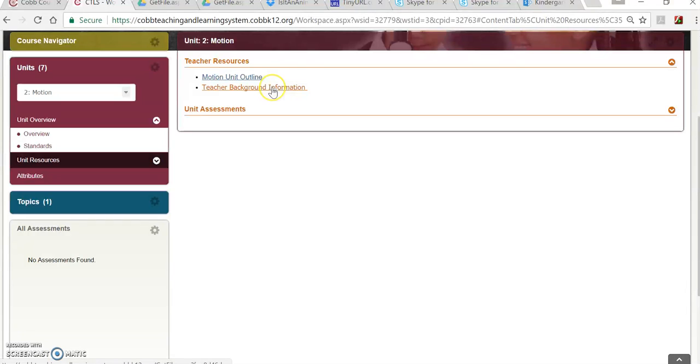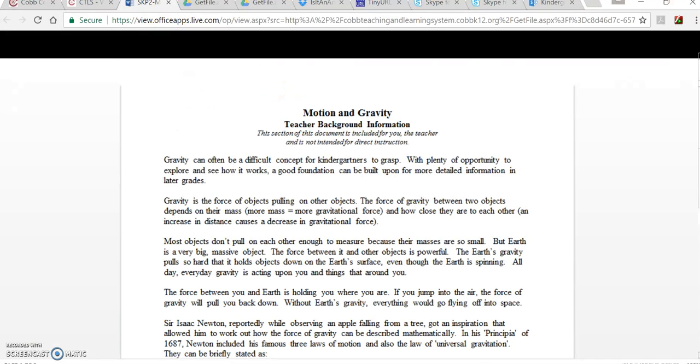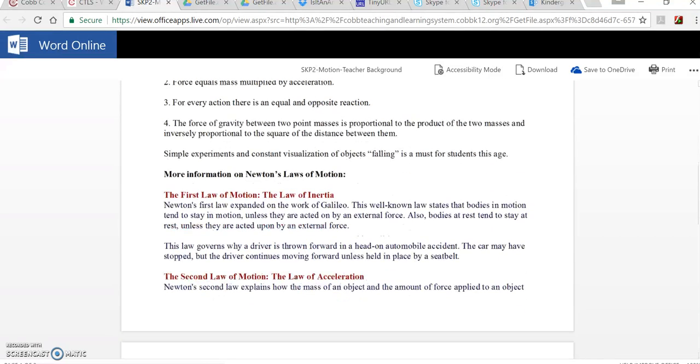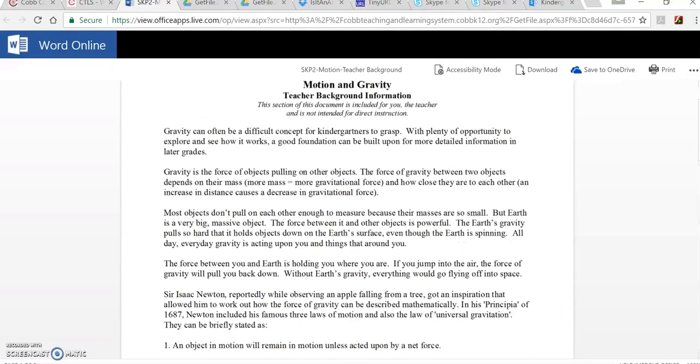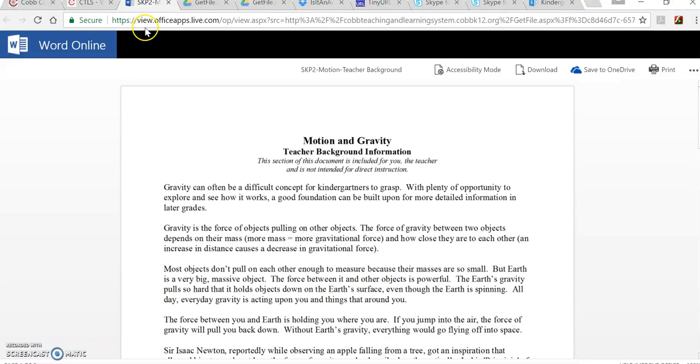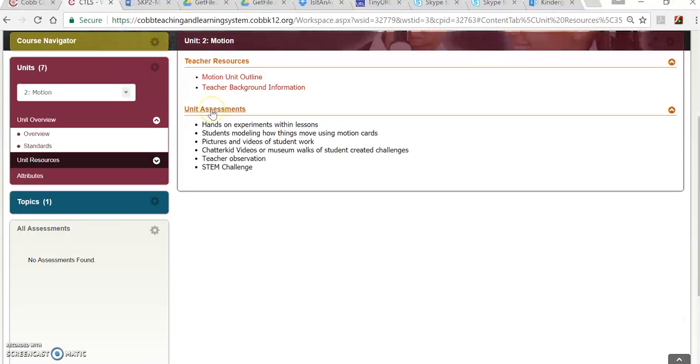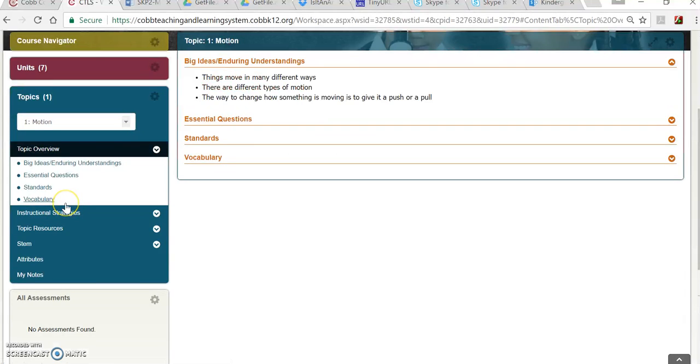Before I show you that, I just want to show you this form. Teacher background information is going to give you information on how to teach the topic you're teaching. So it's going to give you extended information that you may not specifically teach with kindergarten, but there's nothing wrong with going a little above and beyond to give them a little bit more background. Unit assessments, it's going to tell you what they are, and those are all going to be included within your